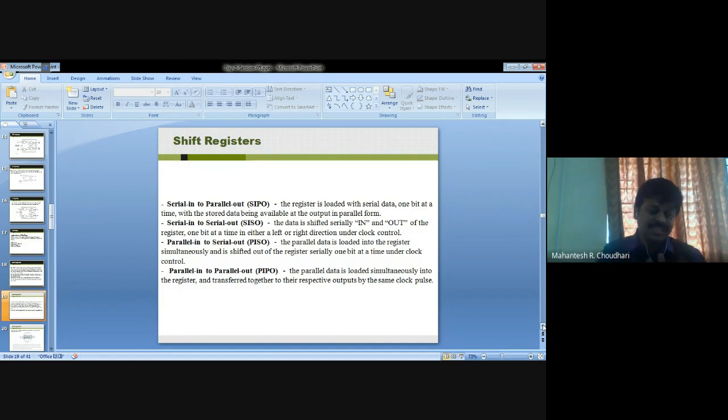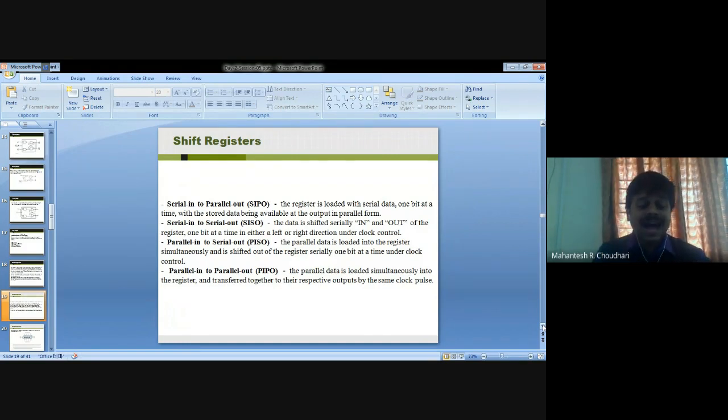This second one is SISO. Then parallel in serial out: parallel data is loaded into the register simultaneously and is shifted out of the register serially, one bit at a time under clock control.